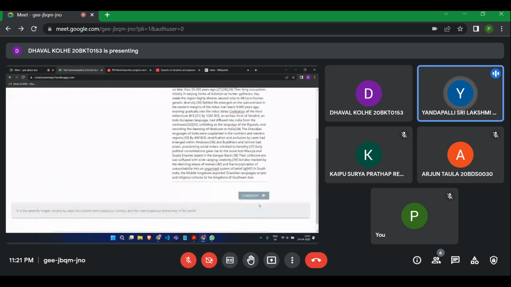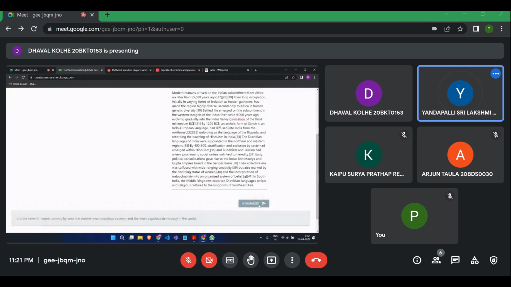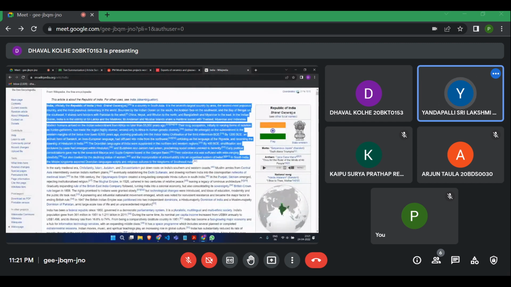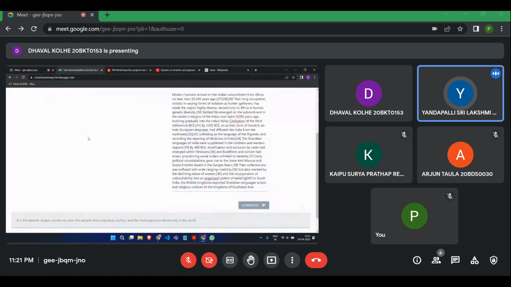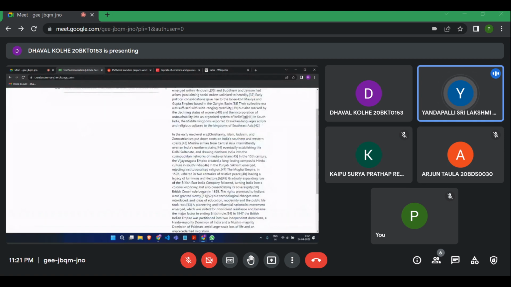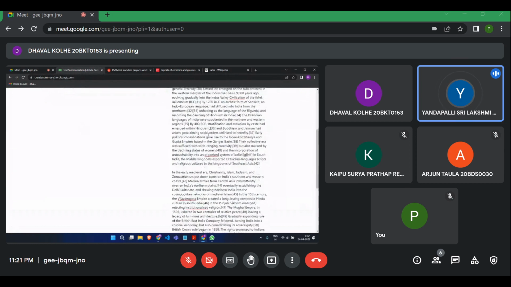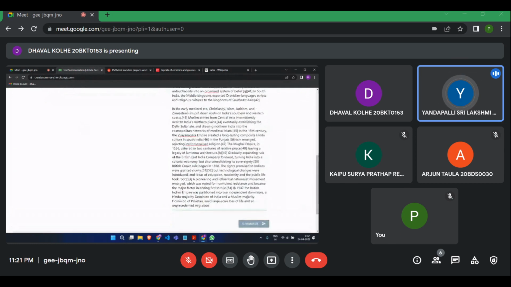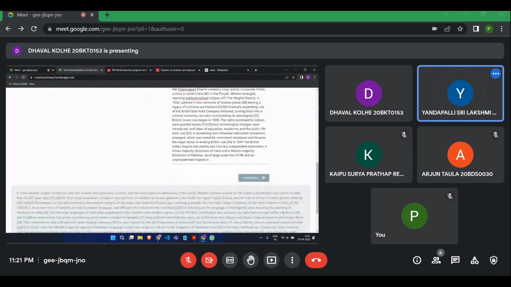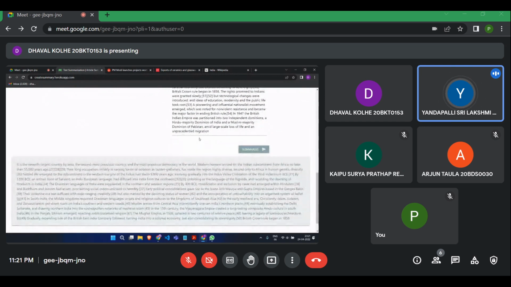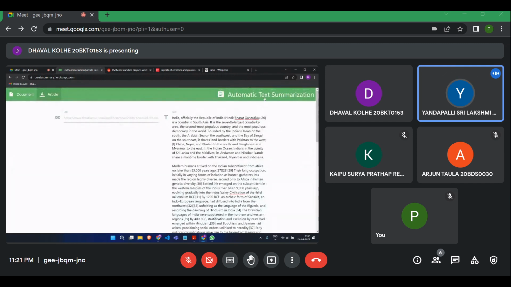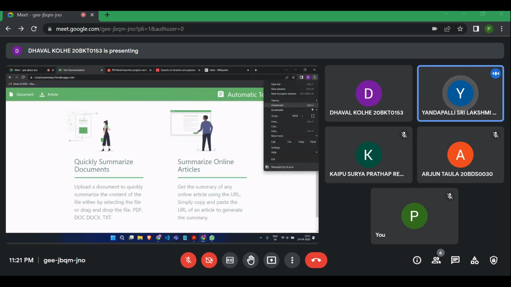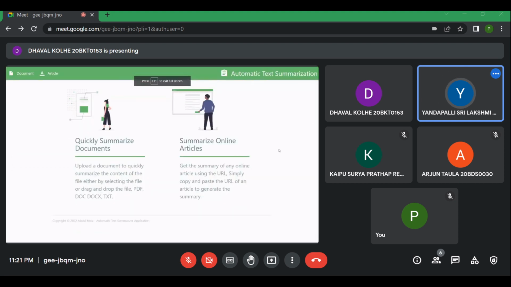Basically, our data set consists of two columns. One is the article and one is the summary. We have 98,000 iterations of the data set. We are trying to create a link using an NLP algorithm, a link between the words in the article and the words in the summary. The algorithm can understand which words are important and what should be there in the summary. Basically, we are showing the algorithm what we expect for each summary for 98,000 iterations, and then it goes to the next iteration. We expect the algorithm to create a summary by itself.